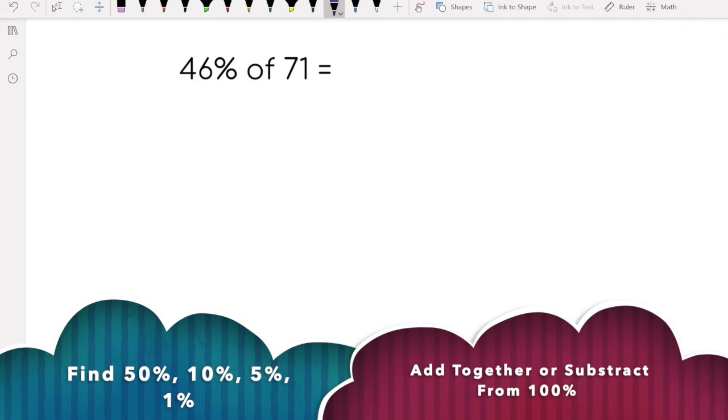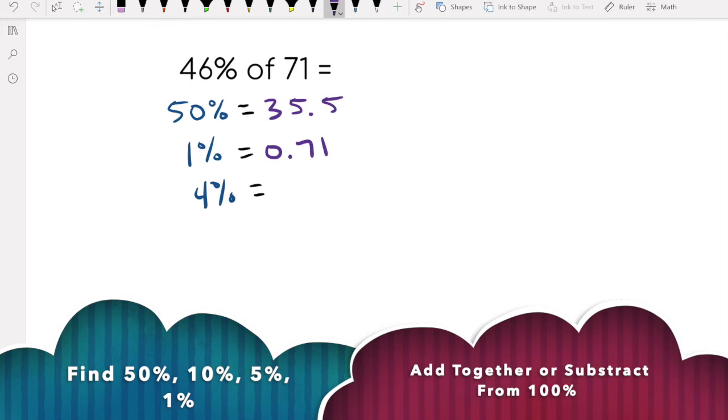Okay, 46% of 71. I notice it is close to 50%. I'm going to find 50%, then subtract 4%. So 50% of 71 is 35.5. 1% of 71 is just 0.71. You divide by 100. So 4% is going to be